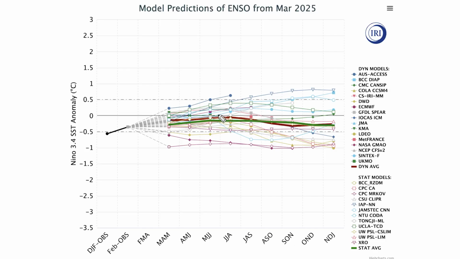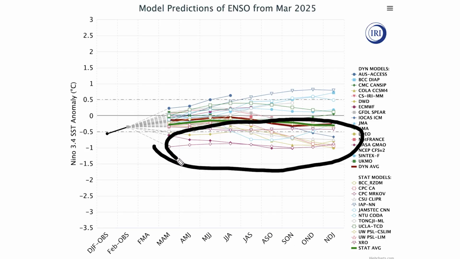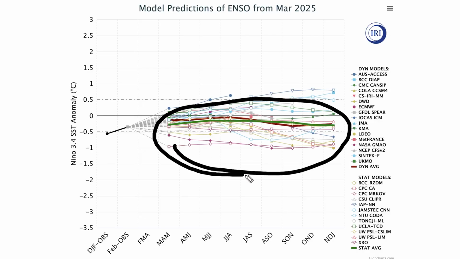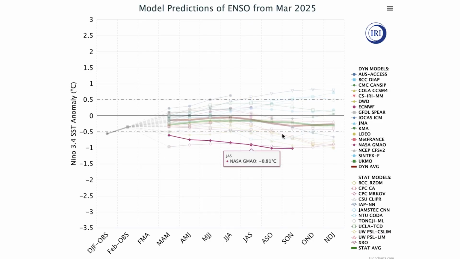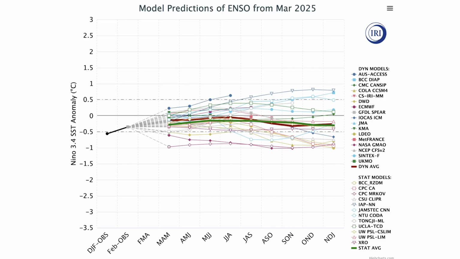So a lot of them have us either in neutral or La Nina, where we have probably 5, 6, 7 in La Nina territory here, weak La Nina. Any of these would be more active for a hurricane season and also excellent for the winter time, by the way, which is a little bit of a sneak peek for the next video. So keep that in mind. Likely going to be in neutral or La Nina territory, not El Nino, although there are a couple showing El Nino. So it is up for debate, but probably pretty close to that neutral line, regardless whether it's a weak La Nina, weak El Nino, or literally a neutral ENSO. It's somewhere in there very close to the center here.